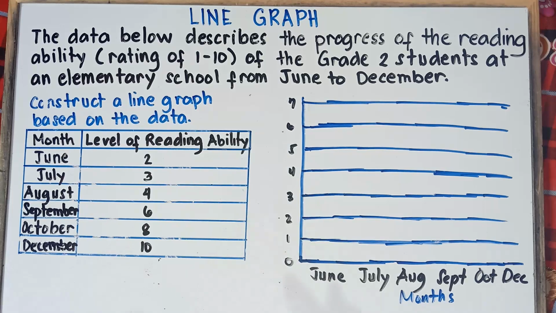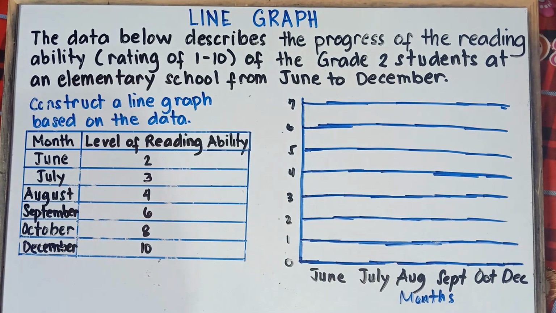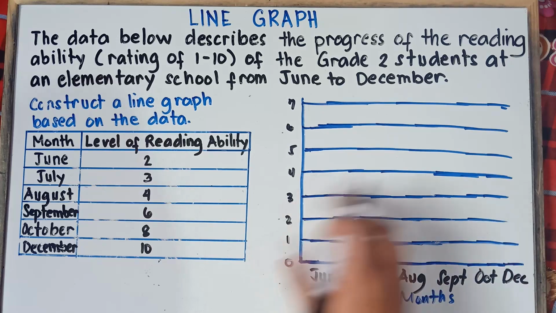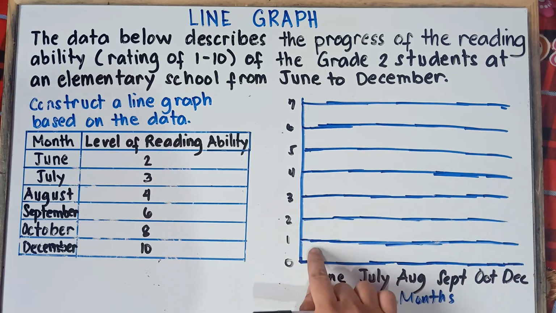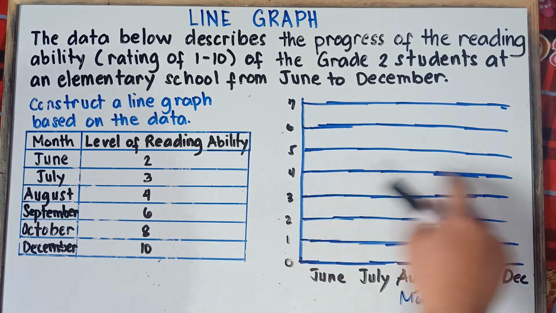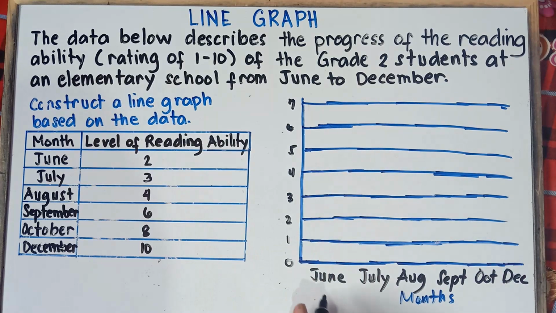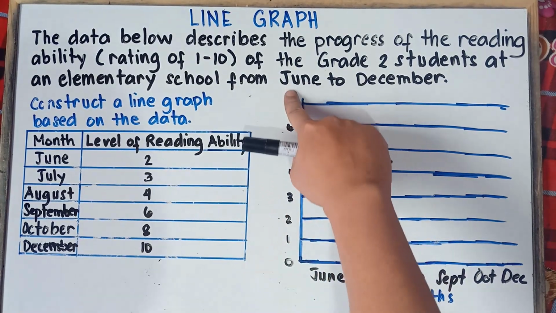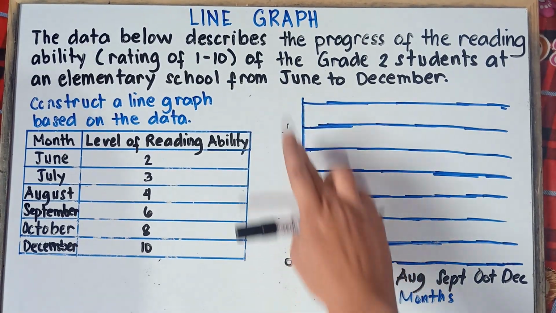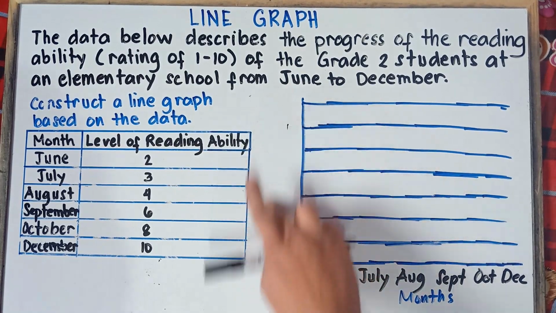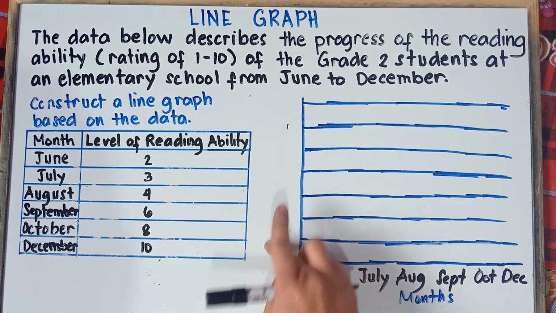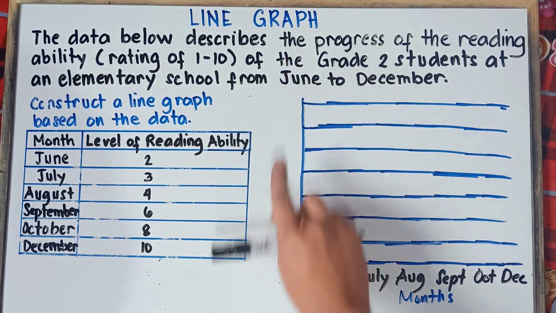On your end, class, if you have enough space, go ahead and write 0 to 10. Because as I told you earlier, you can draw as many horizontal lines as you can. But once again, your vertical line will be too high. So on our end, let's use skip counting by 2, because we don't have enough space to write 0, 1, 2, 3, 4 up to 10.